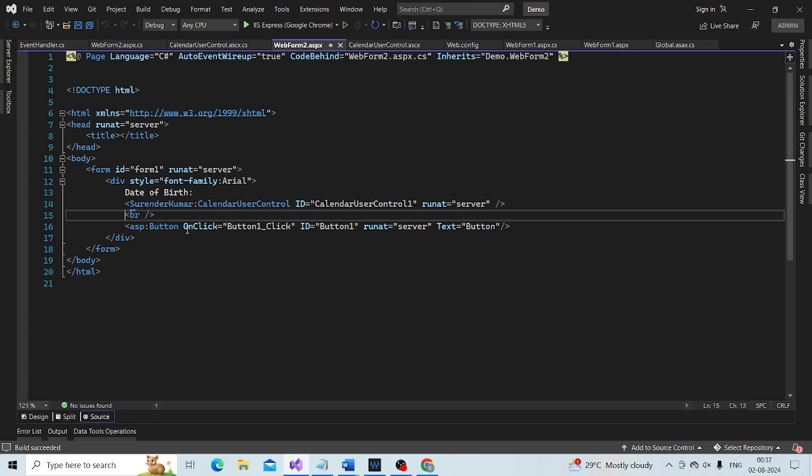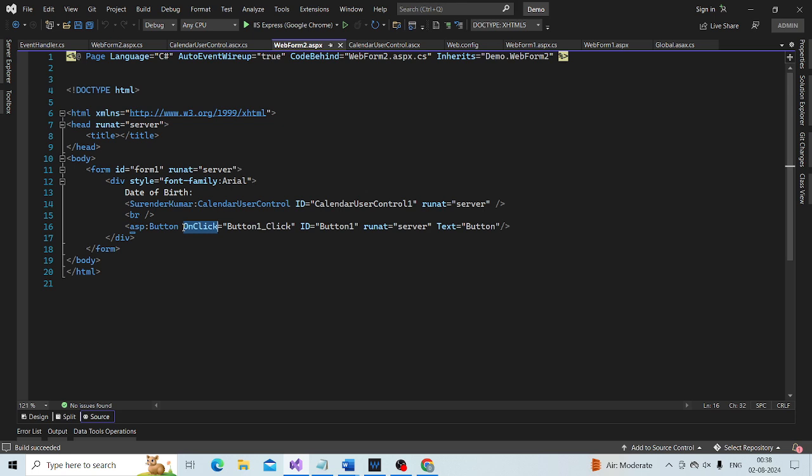OnClick attribute to tell it to call this button1_Click method when that OnClick event happens.